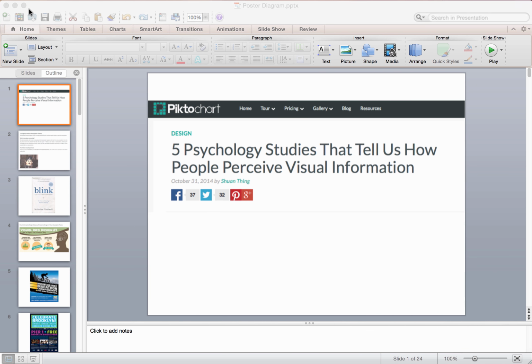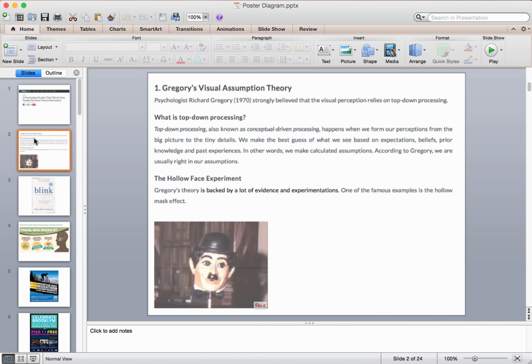So read the article first, come over here, and the first thing they talk about is Gregory's visual assumption theory and what is top-down processing. The basic gist of this is that immediately when you look at a poster or a graphic, you should understand what it is about within the first second. And that is based on a number of things, but first and foremost, it's the layout, the composition of the